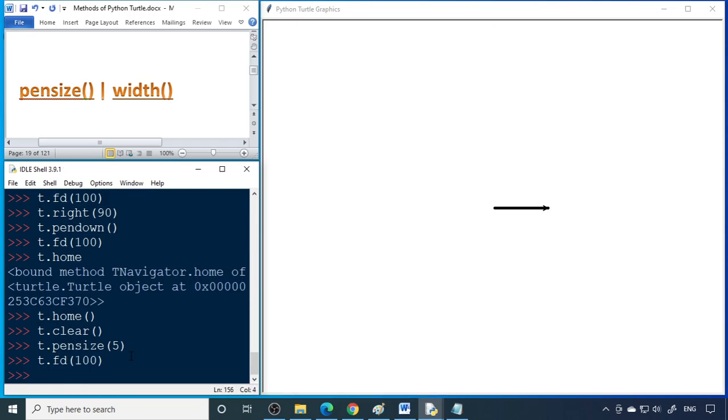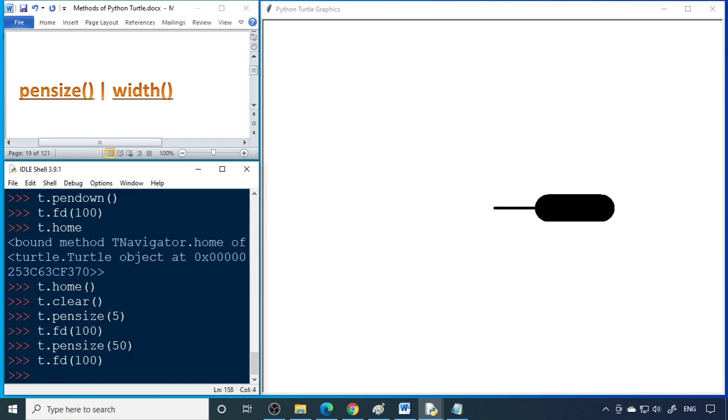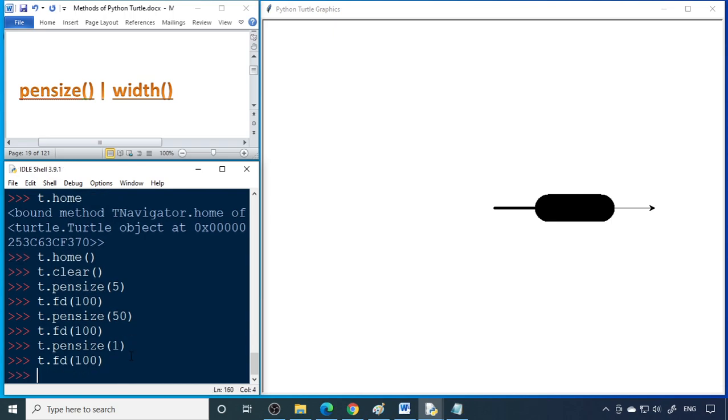The size is bigger. So make it 50. Now much bigger, 50 pixels. Now again you can bring it back to 1. It's very small.